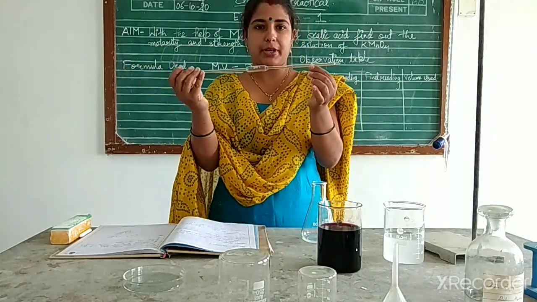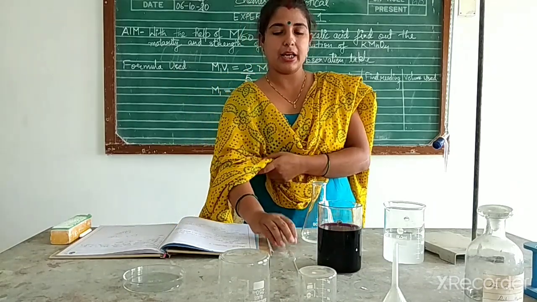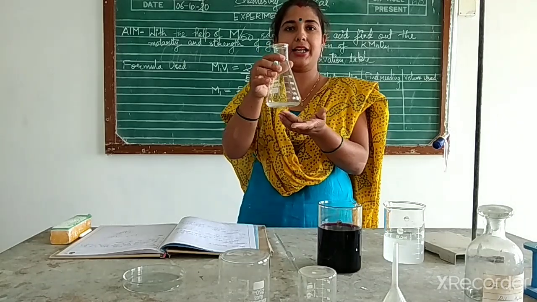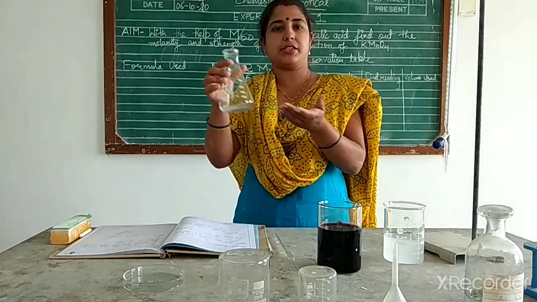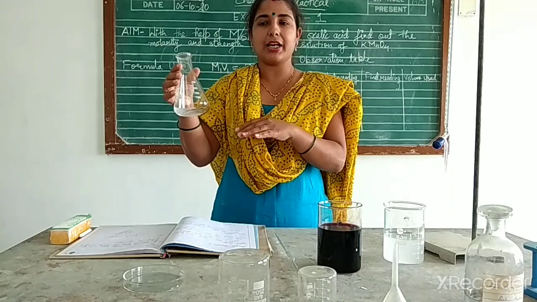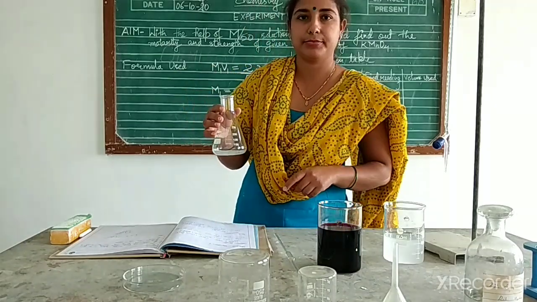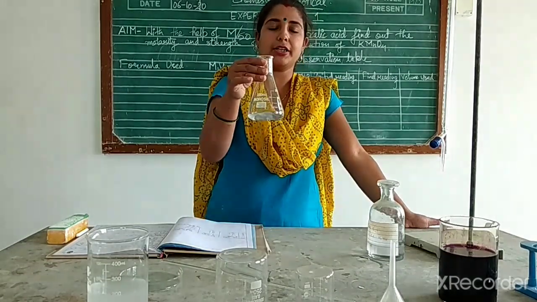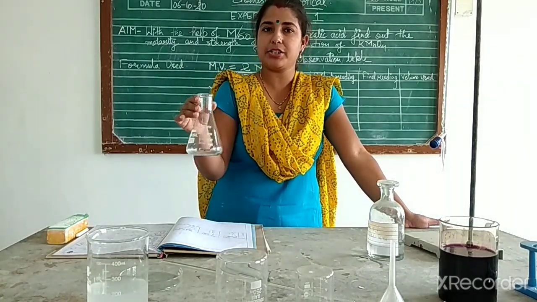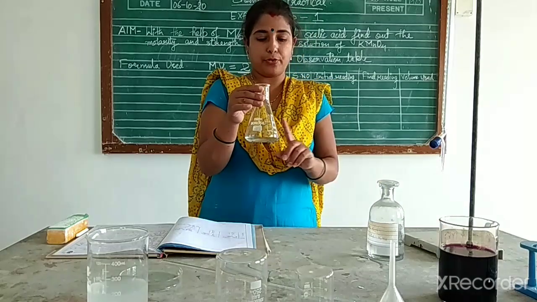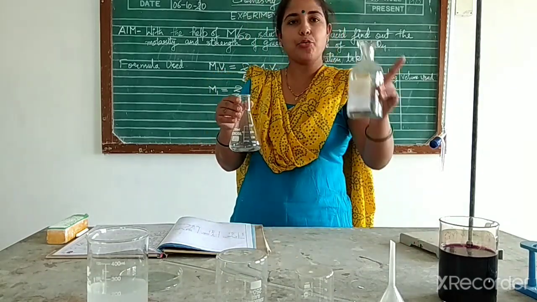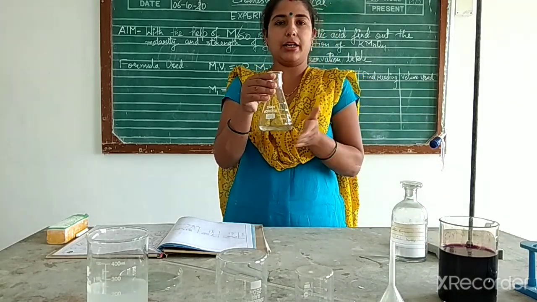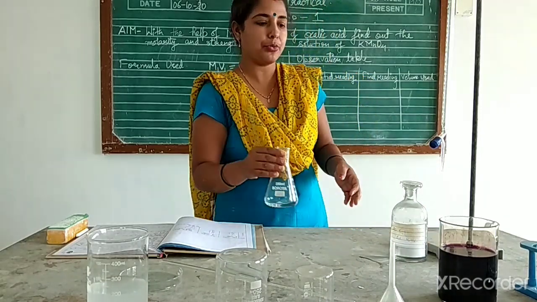Now the second step is to heat this conical flask containing oxalic acid up to a temperature of 60 to 70 degrees. I am taking it for heating. So I have heated the container that is containing 20 ml of oxalic acid, and before heating I added around half a test tube of dilute sulfuric acid to the container. Now the container has cooled down. Now we can start with the reaction.